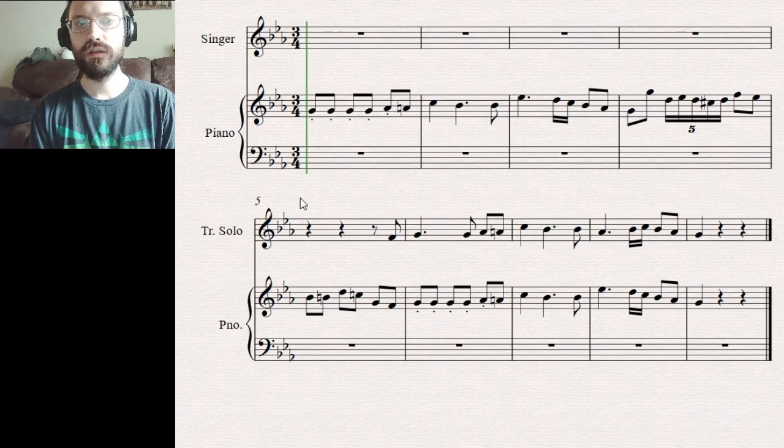For my first video, I'm going to take a look at a phrase from Clara Schumann's Opus 13, number 1, Ich stand in dunklen Träumen. This is a Lied, a song for soprano voice and piano, and I'll just be breaking this down bit by bit, starting with the melody. All right, let's check out what's there.